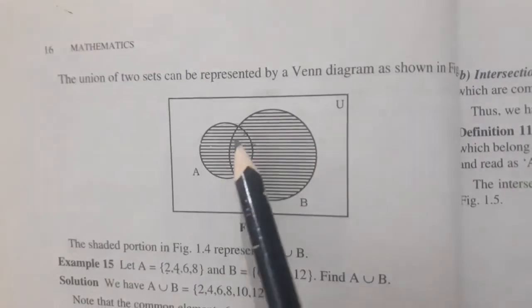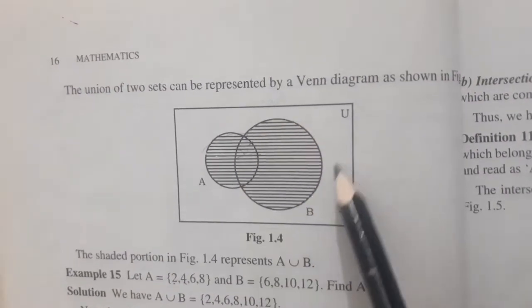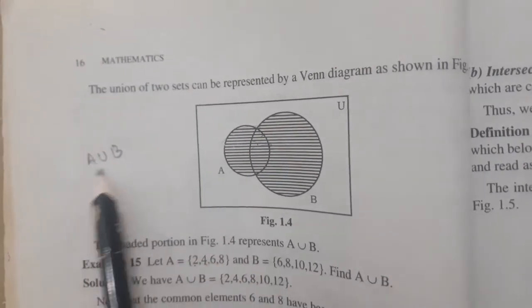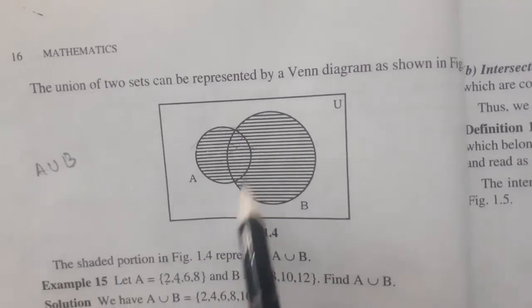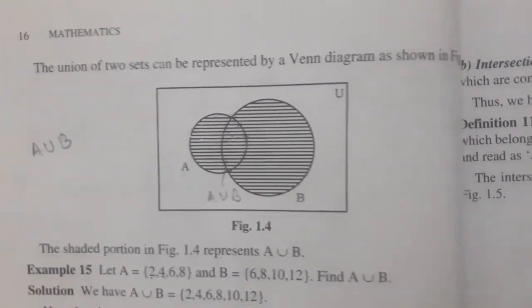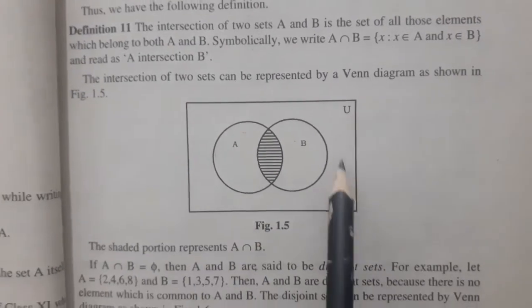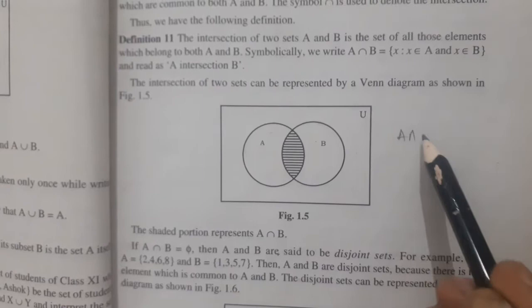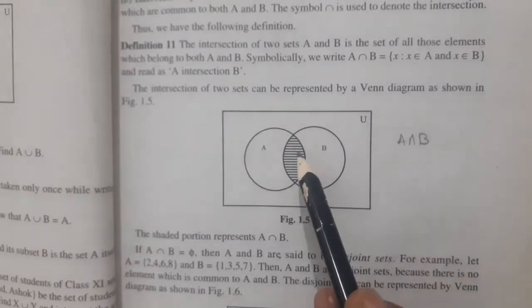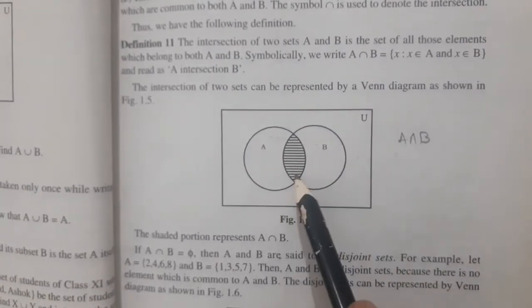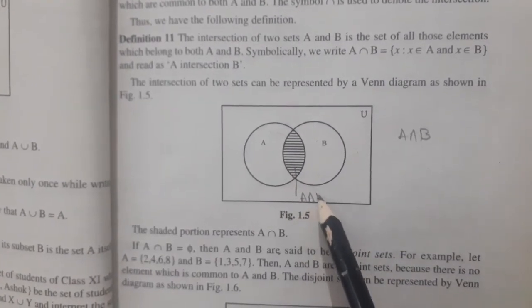Now see next. Again you can see this is set A and this is another set B. We can combine them, and with the help of a Venn diagram you can find A union B. A union B means you combine them, and this shaded portion represents A union B. Similarly, with the help of a Venn diagram, how can we represent A intersection B? A intersection B means the common elements between A and B. Now see, this represents set A and this circle represents set B. Then this portion is known as A intersection B.